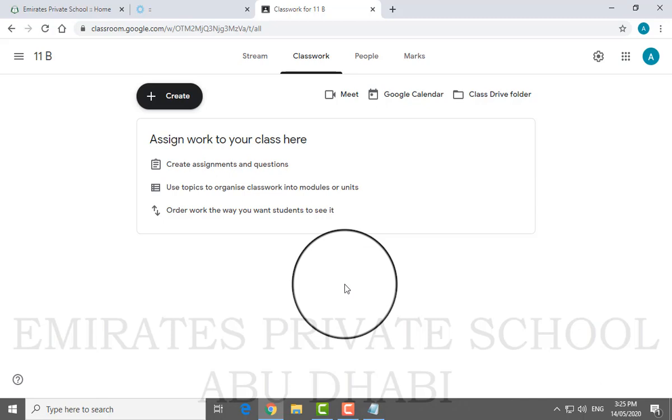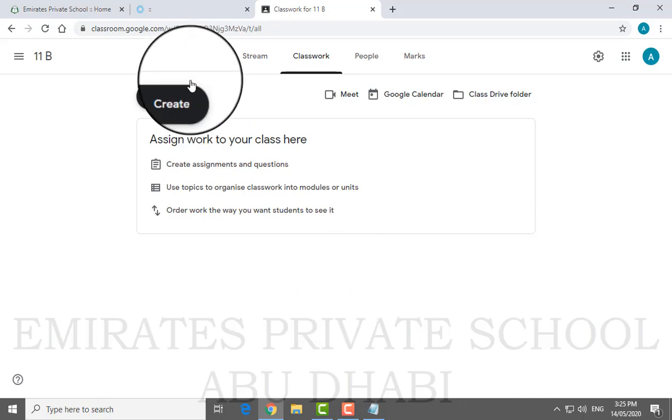So if the timetable changes, you have to come back and change your timetable. Now remember one thing, students will be looking into this particular timetable of yours. So if you don't put this part, or if you don't complete this part, it is going to be really difficult for most of the parents to log in, go to the timetable, search for the classes, Meet, and all these things. It will be a real mess.